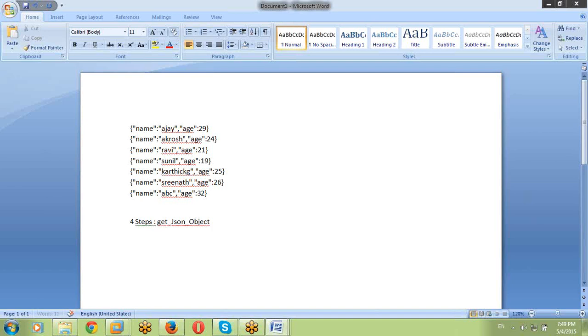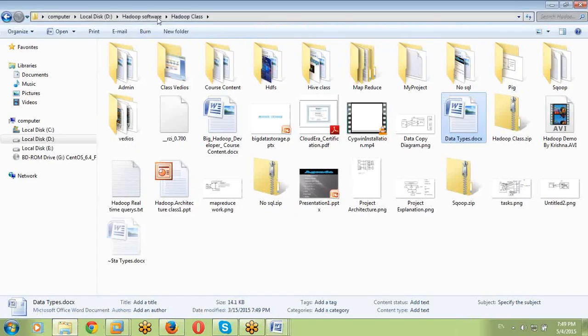Yes, tell me friends, what is the four-step strategy? Step 1, we are creating a single column table. Step 2, loading all the data into that particular single column table. Then create a structured table. Then after that, by using, yeah, I will show you the script and I will explain. One second.